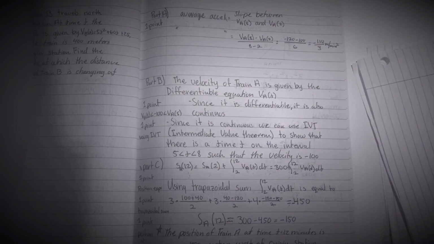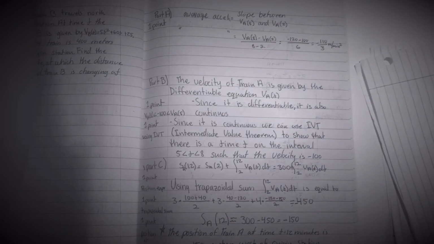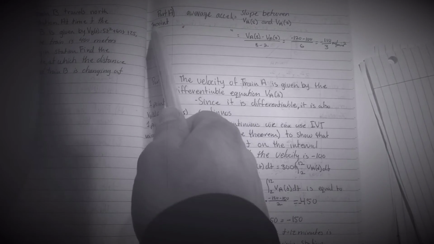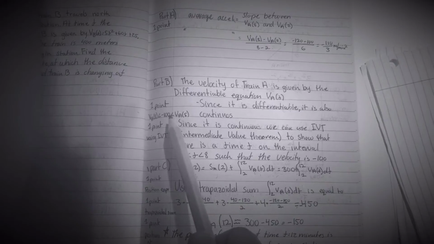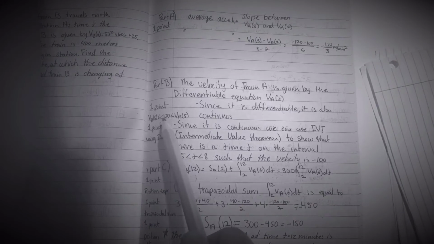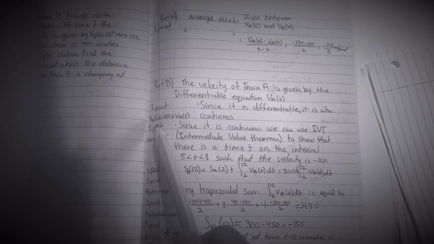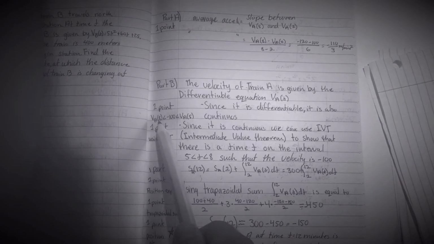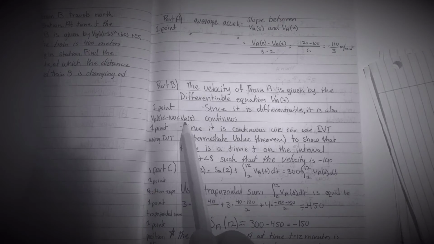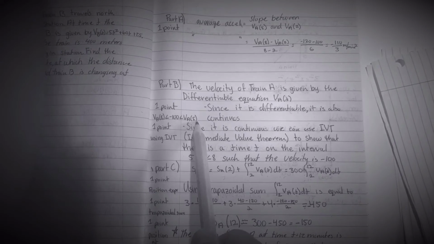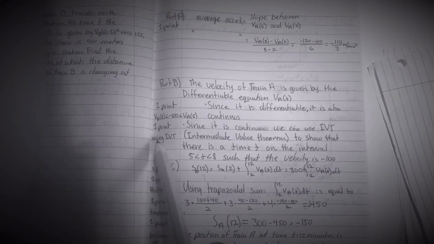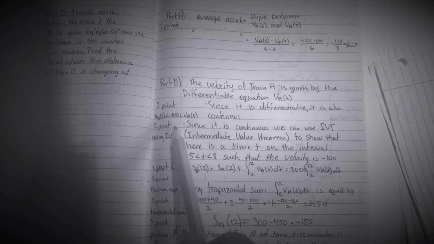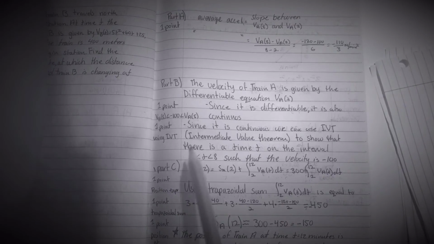If you were to look back at the first 3 parts of the problem, you got 1 point for answering all of part A right. In part B, you get 1 point for knowing that negative 100 was a value in between the velocity of train A at time equals 8 and the velocity of train A at time equals 5. And you got 1 point for using